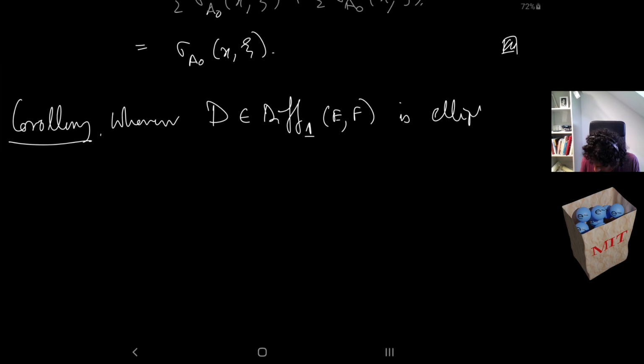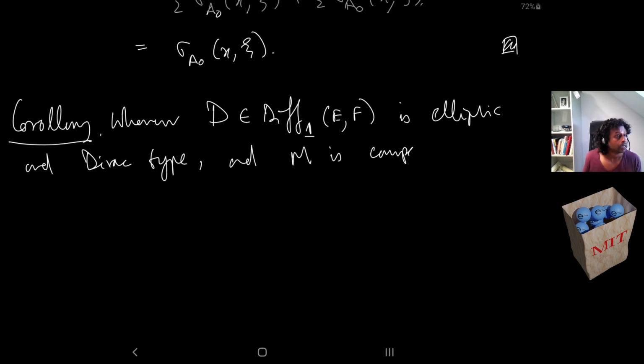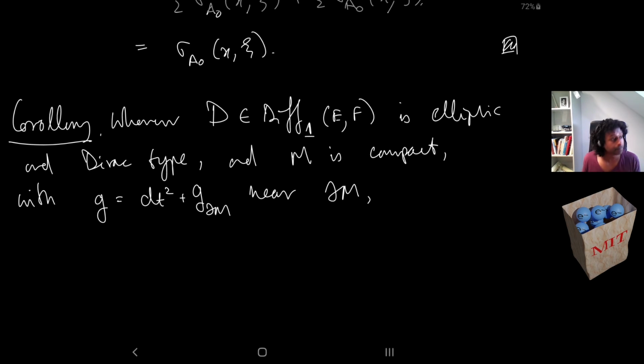Whenever D in Diff^1(E,F) is elliptic and Dirac type, and M is compact with g equals dt squared plus the induced metric on the boundary near the boundary, we have